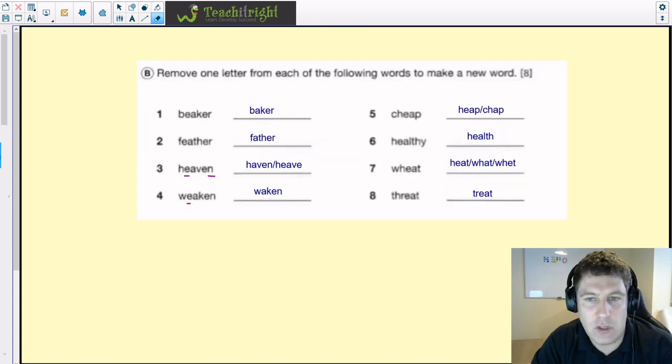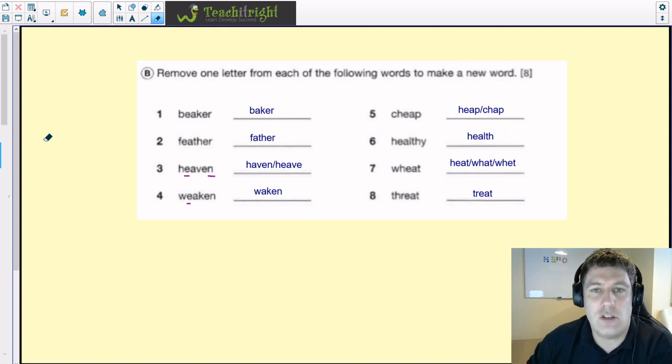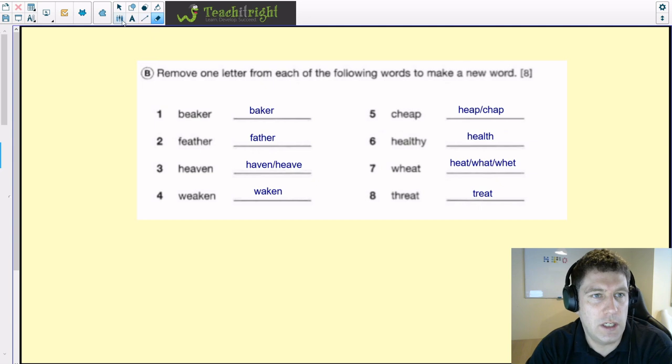And then the next part of your homework, in section B, directly underneath, this is still on page 3, you had to remove one letter from each of the following words to make a new word. What we would certainly suggest here is that as you go down through your homework, you can mark it. So I'll just get a green. Any you've got correct, so if you've got baker,